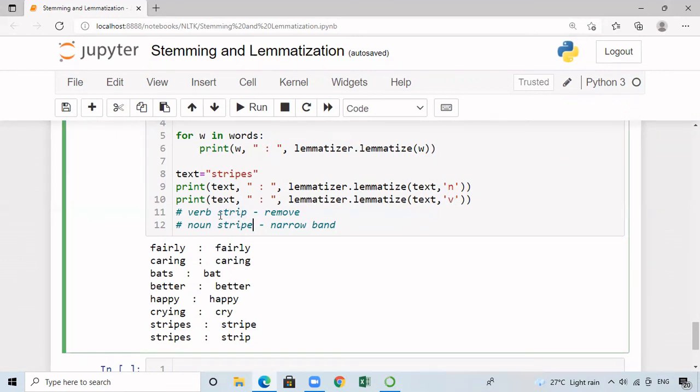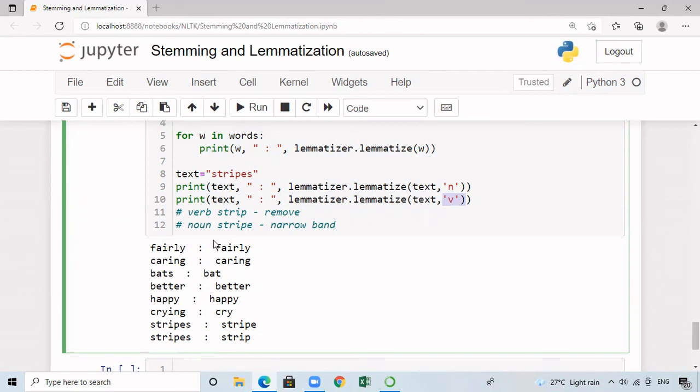When we consider this as a verb, the word strip has the meaning remove. And when we consider it as a noun, the word stripe has the meaning narrow band. When we run this algorithm, the first time we have specified noun, therefore stripes is converted into stripe. And the second time we have specified verb, therefore stripes is converted into strip.